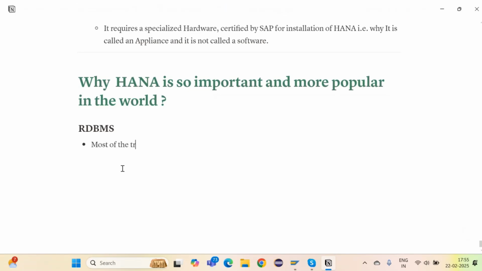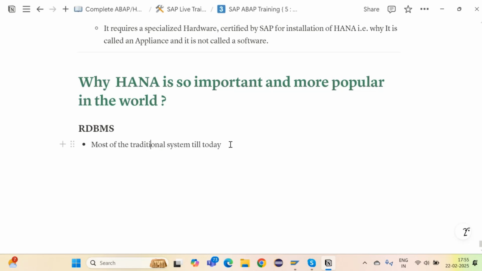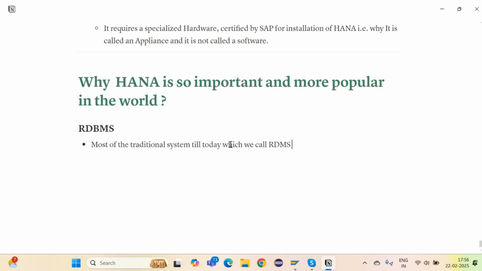So most of the traditional systems till today, which we call RDBMS, that is relational database management system,